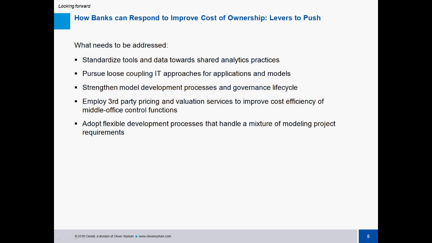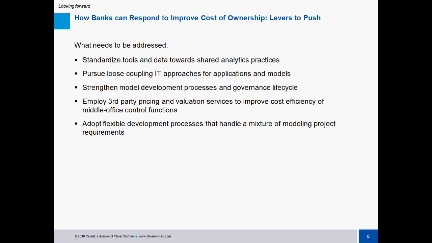Our experience has shown that best practice firms design their development processes to handle a mixture of different requirements according to the characteristics and circumstances of model usage, for example, based on factors such as model changeability, complexity, and criticality. Firms can execute their technology development approaches along different paths, which we mention in the report as 3 different paths: streamline development, scale development, and system development, each path having differing time to market, scalability, and production quality levels.